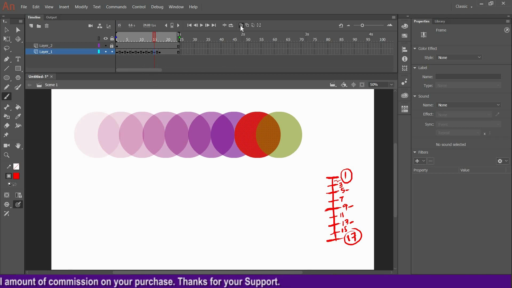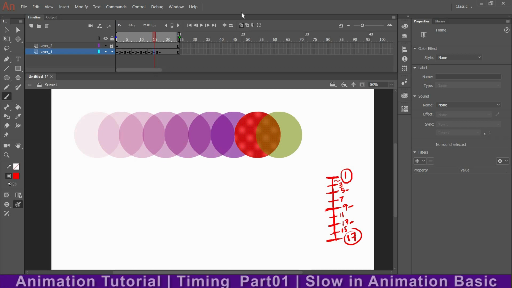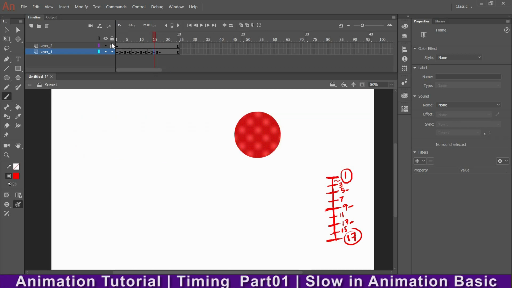So I'll move the onion. But before that, I'll show the drawings we have right now on the workspace. See, all the drawings are at equal distance, so the motion will be equal, the action will be equal. I'll show you.